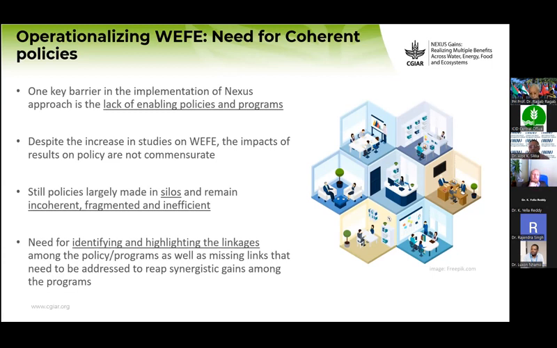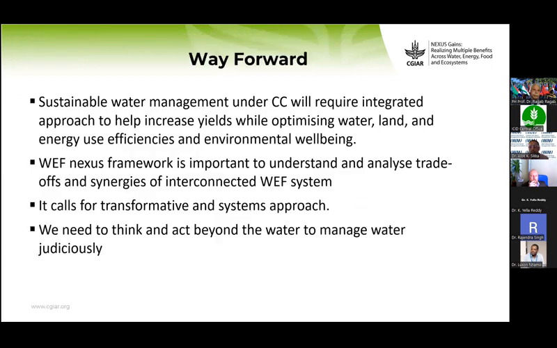And when we put the economics into that, we can really impress upon the policymakers that if you do it like this, this is how it's going to look in the future. So going forward, as we have seen, sustainable water management is going to be the key under climate change, and we need a more integrated approach for optimizing the benefits from water, land, and energy use efficiencies. And the integrated framework which we have, my previous speakers have shown, and Rajendra has